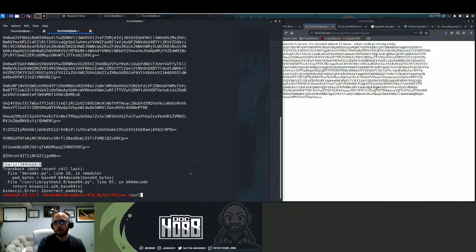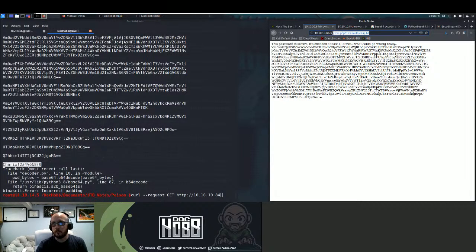So I'm going to curl it. You could do, I think, two different methods here if you really wanted to. You could do some curl requests, or you could load up Burp Suite and try to do something interesting there. I'm going to go with curl because I just want to get this file. I don't really want to do any big manipulation there. And if it doesn't work, maybe I'll go into Burp Suite to play around with that. But let's see.